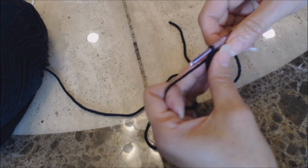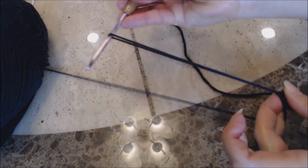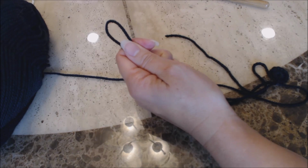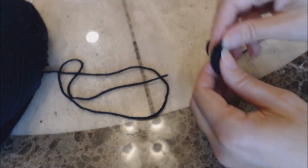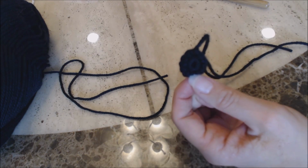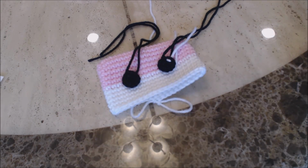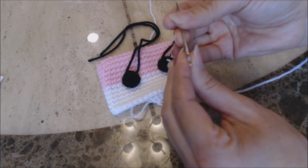And then you're going to finish off, yarn over, and pull your yarn through. Pull enough yarn to sew the eye onto your work. And then you need 2 of these, so go ahead and make 1 more. Now, to make the white part of the eye, you're just going to take your white yarn with your tapestry needle